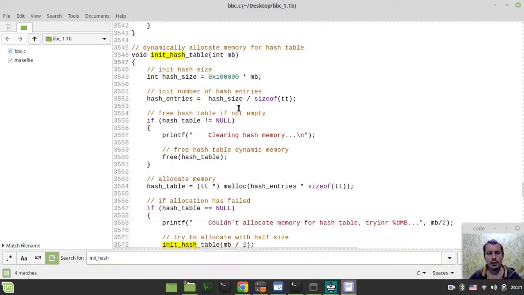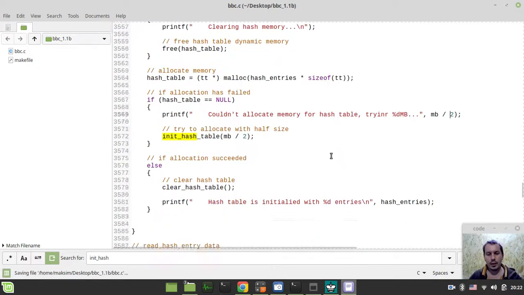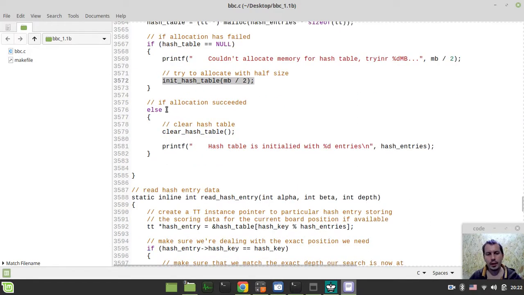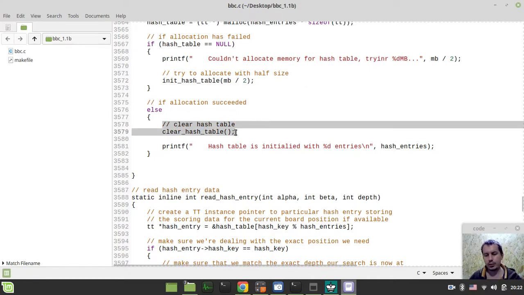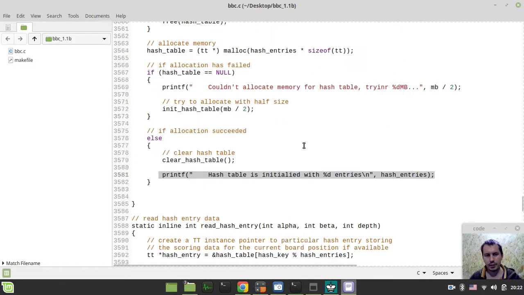Init hash table. Okay, like this. And we're trying to allocate this hash size here. Otherwise, if everything is just fine, we need to clear our hash table, to set all the entries and all the sub entries to zeros, and we just then print the successful message that everything is fine